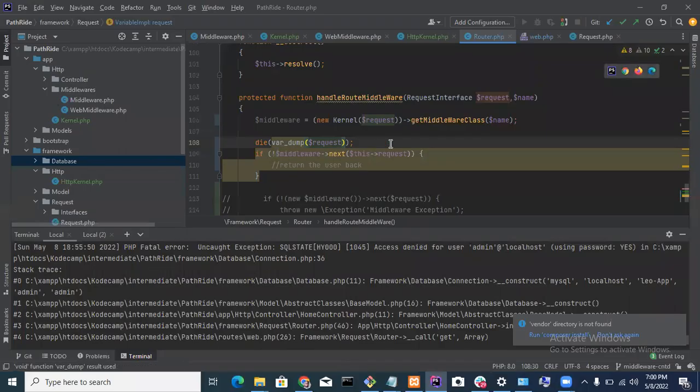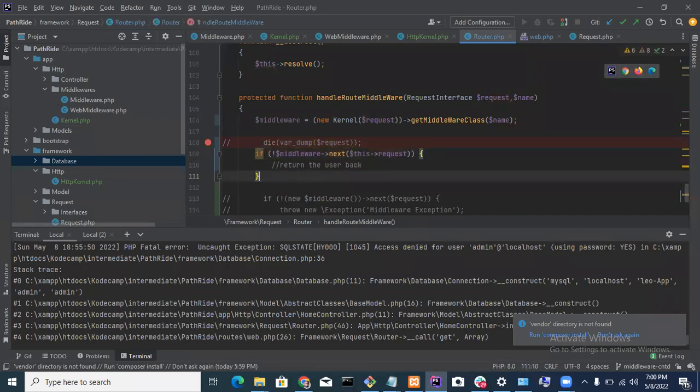Let me just put it like this: return redirect user back, else I actually return this.